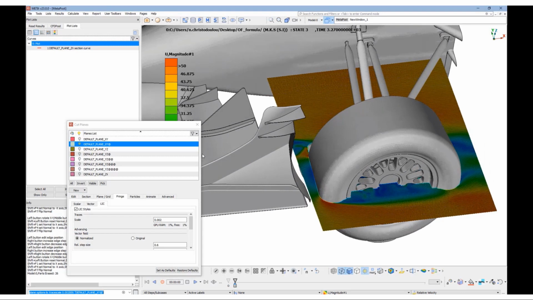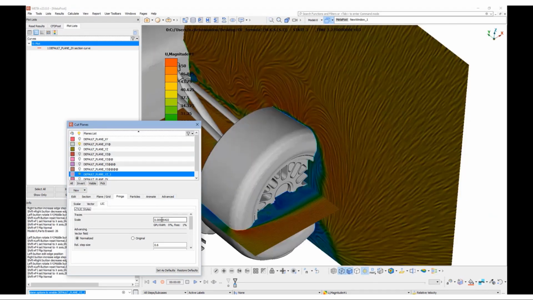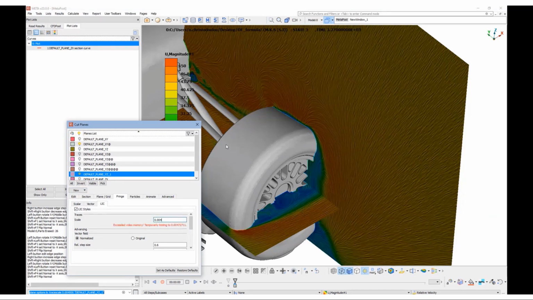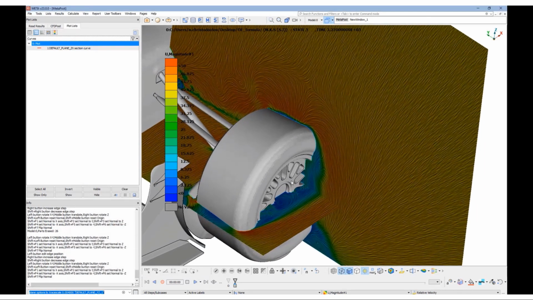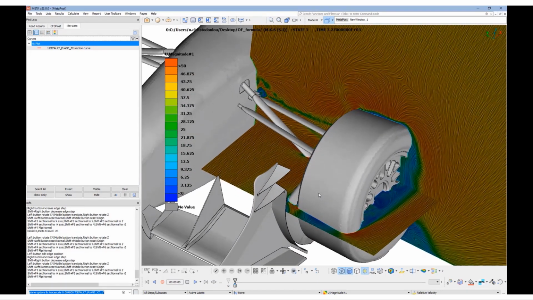The process is familiar by now, so for the second plane, let's jump right at the result. So the finite cut planes along with LIC visualization give us a pretty good indication of how the flow is resolved around the wheel.